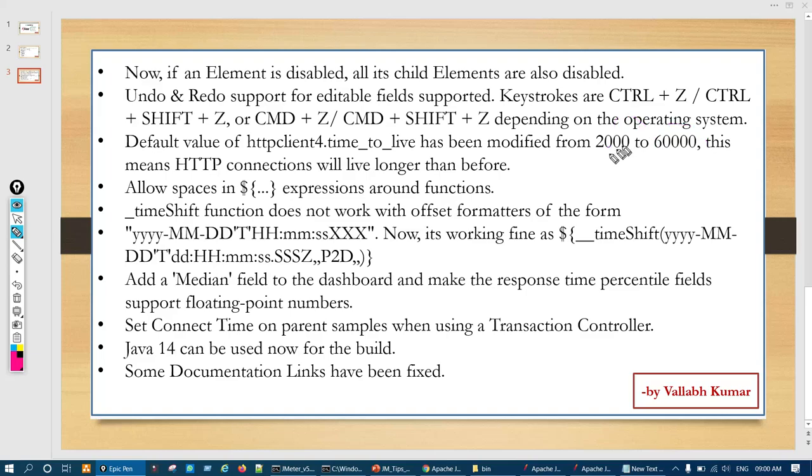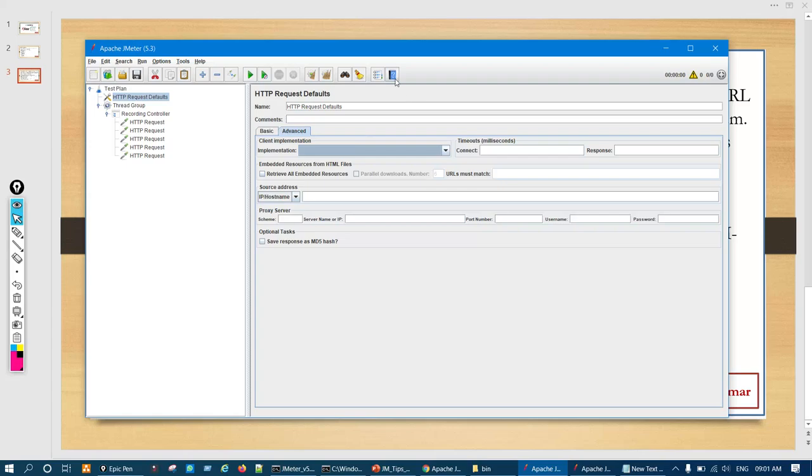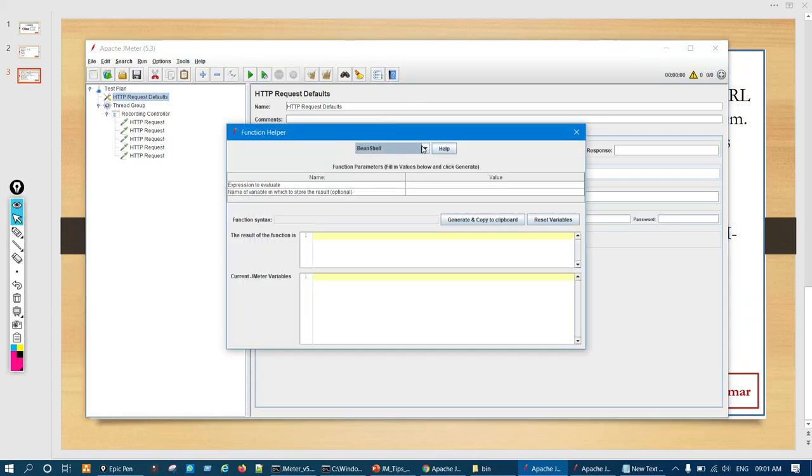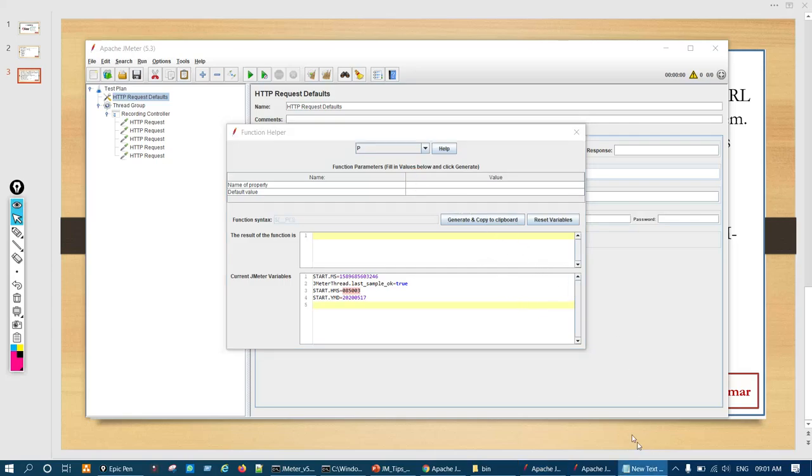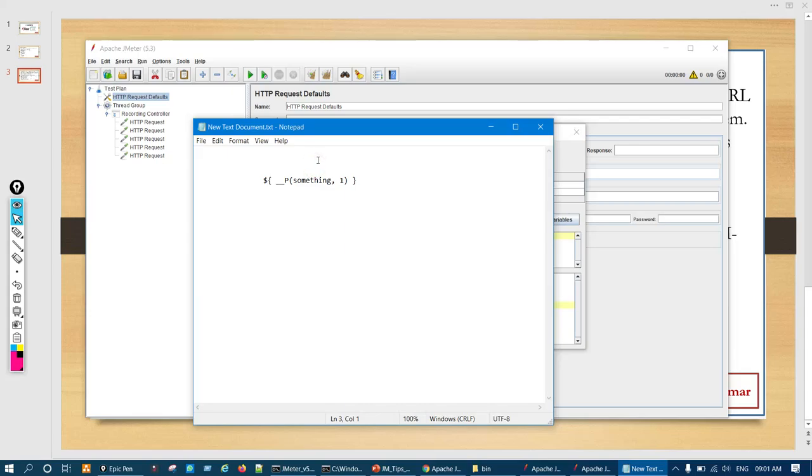Now one more important thing they have brought in is allowing spaces in the function expression. Let us say we have any function here, go to the function tab, and we have the P function, for example. If you write anything here in notepad, this is the P function, correct?